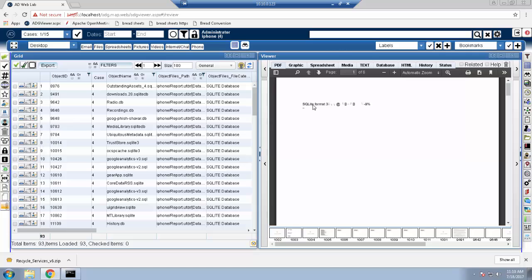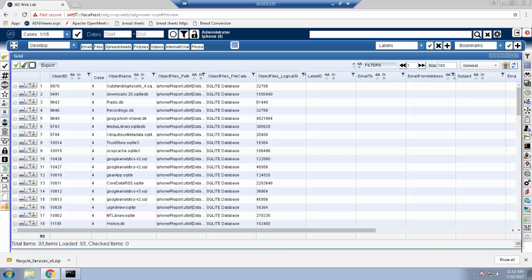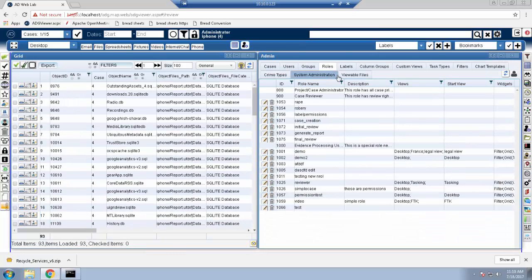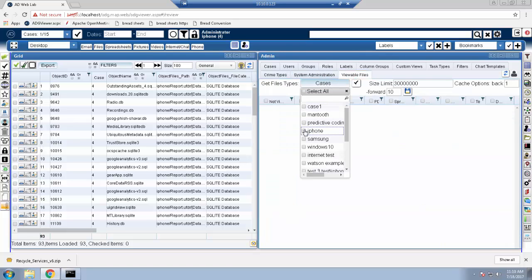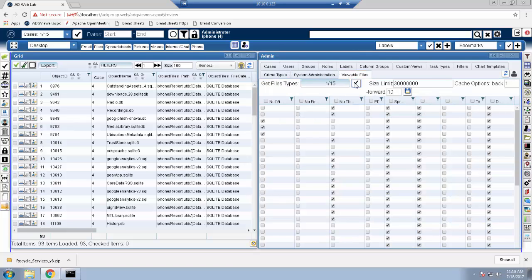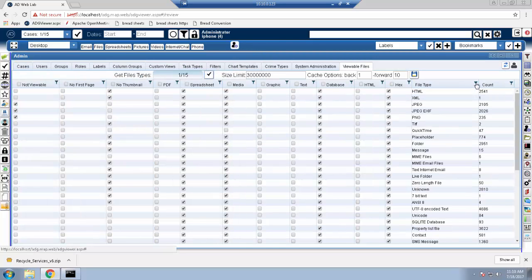I've left this like this for this demo to show you because it's quite annoying, frankly. And you're going to want to configure the administrative widget so that doesn't happen. So let's go into the administrative widget. Go to viewable files. This is the iPhone. And let's search on